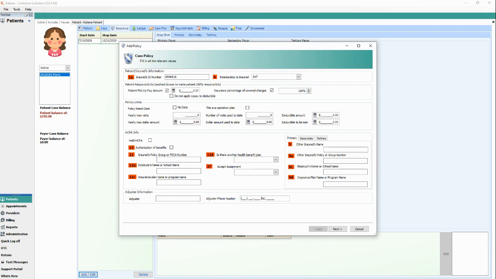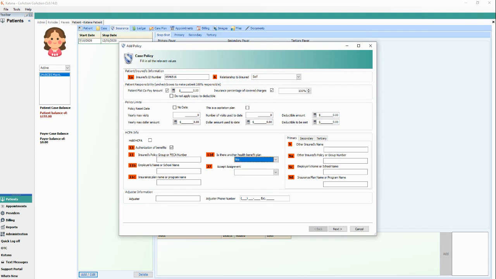We can always put in 100%, but this information is kind of a data housing area, as the system is only paying attention to what was entered into the primary, because you'll see that there is no fee schedule box here and things like that. You can only tie one fee schedule to a patient, and these policy limits would kind of just be in place for your reference. So you will select the same options, and now we're going to select no because we